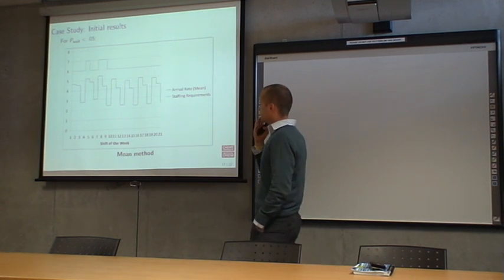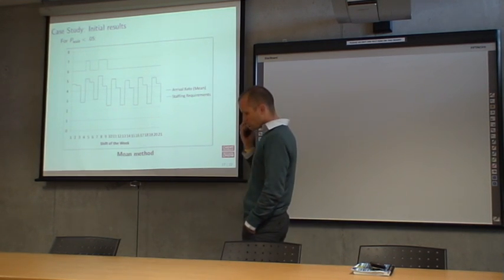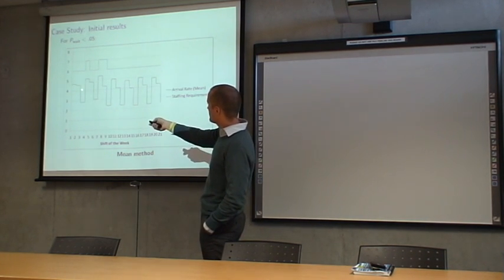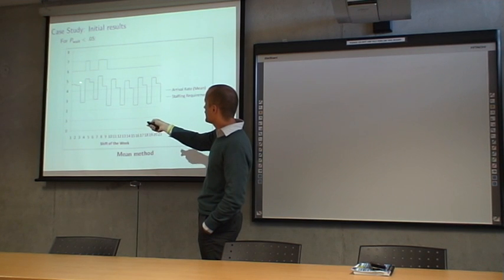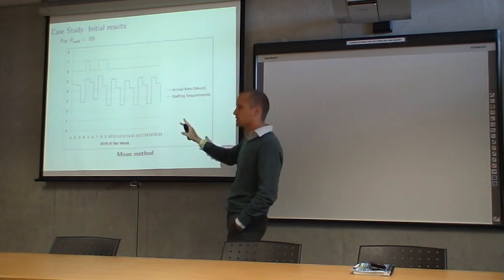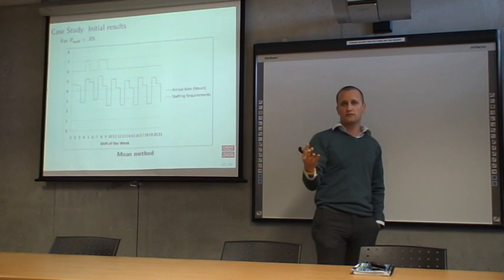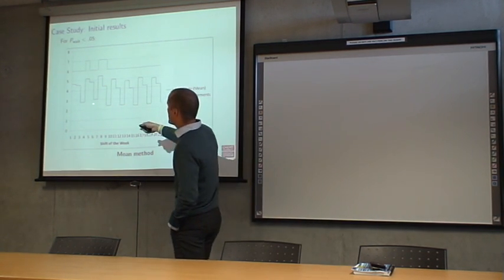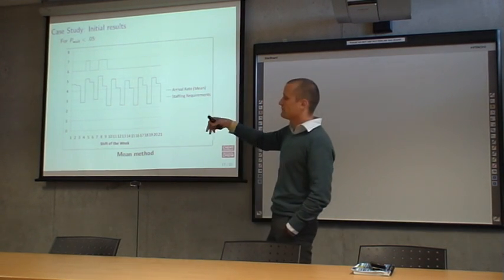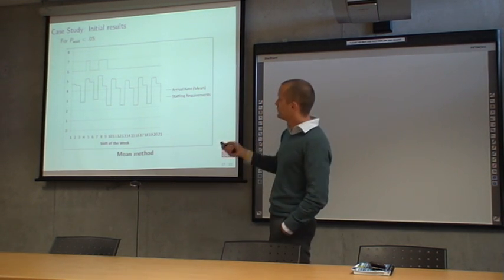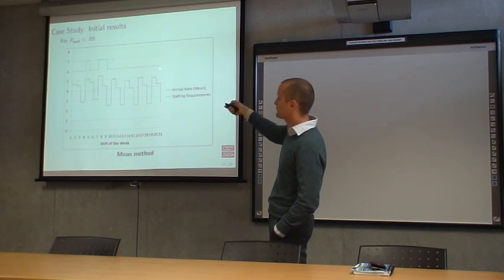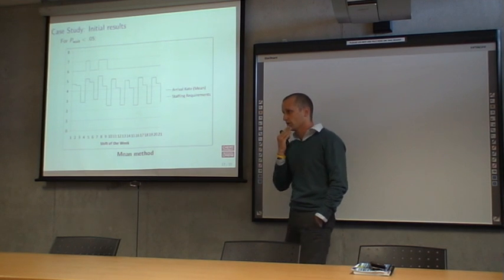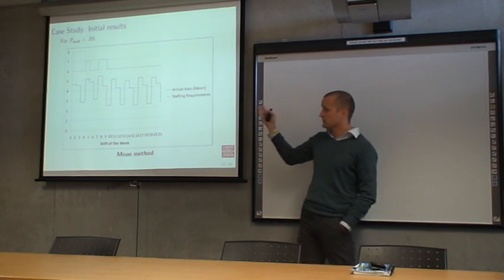Now, some initial results. So this is using the mean method. Okay. So what we have here, this arrival rate with the means, are the 21 means. So this is 1 week, but we just repeat those means throughout. So that's basically all the information you get from that arrival rate. So we have the 21 means, and then matched onto that, we have the number of staff we need, okay? Which is basically, most of the time, 6, but for 3 shifts, 1, 2, 3, you'll go up to 7, okay? So based on the means, that's the roster that you would